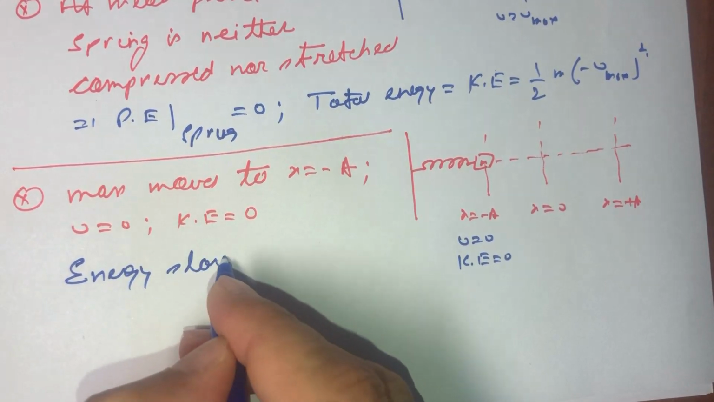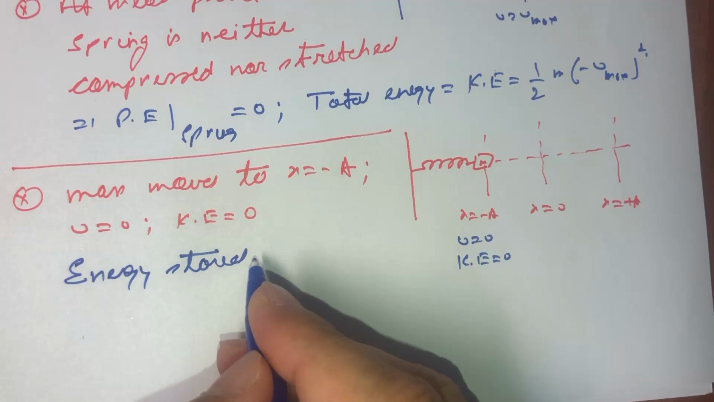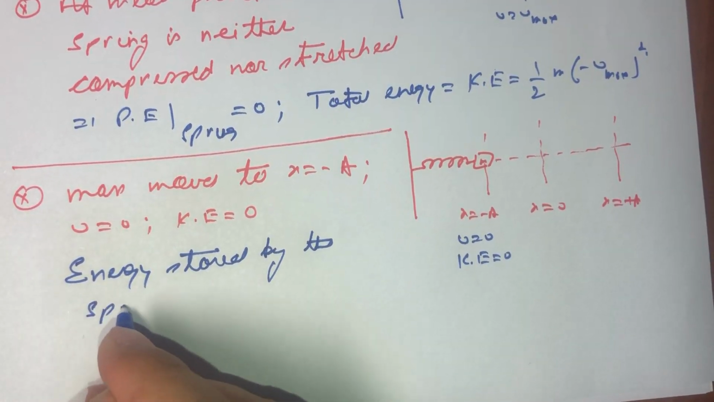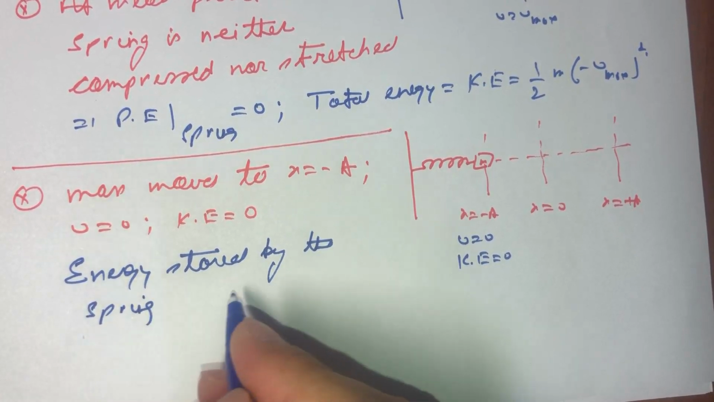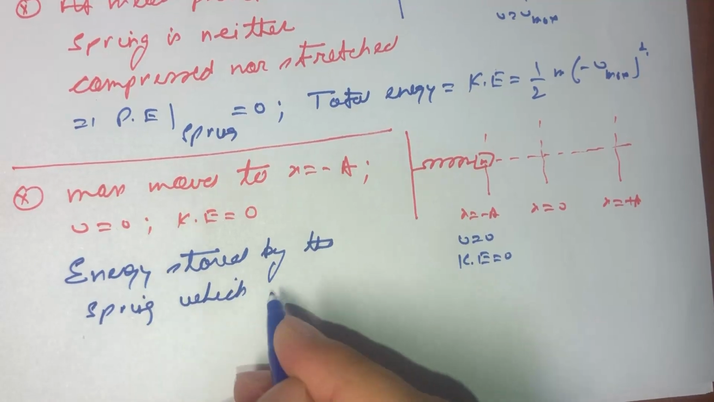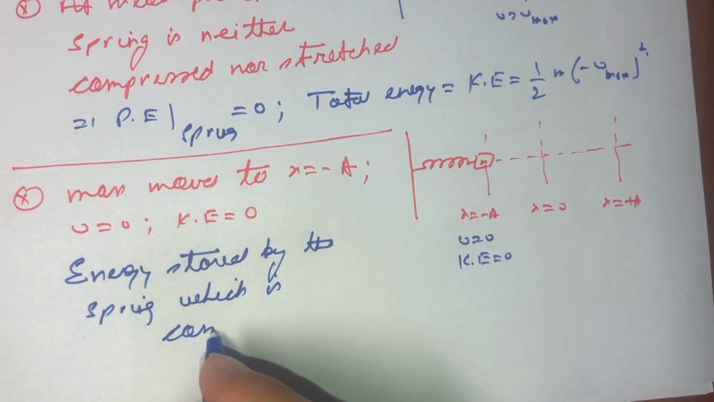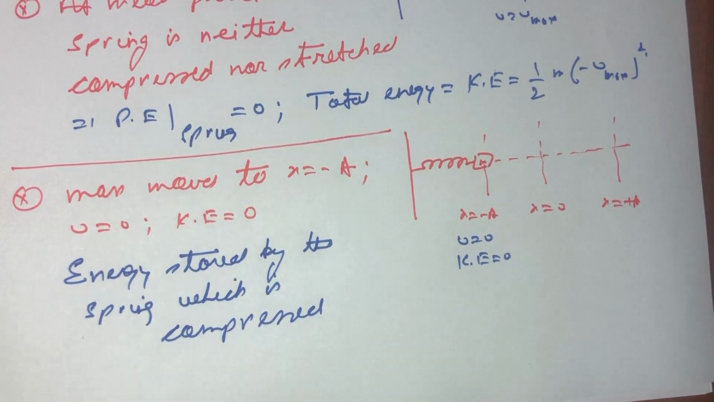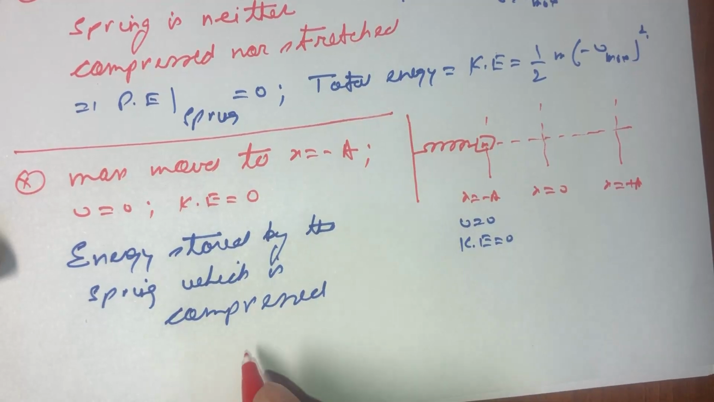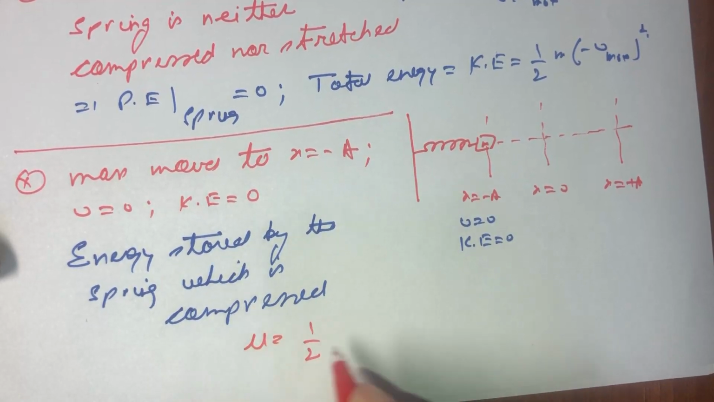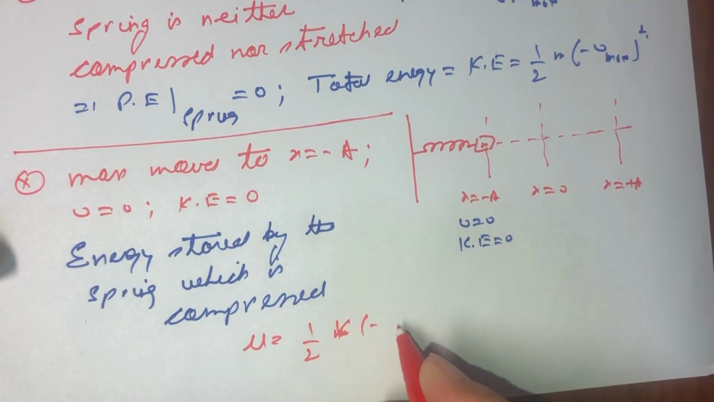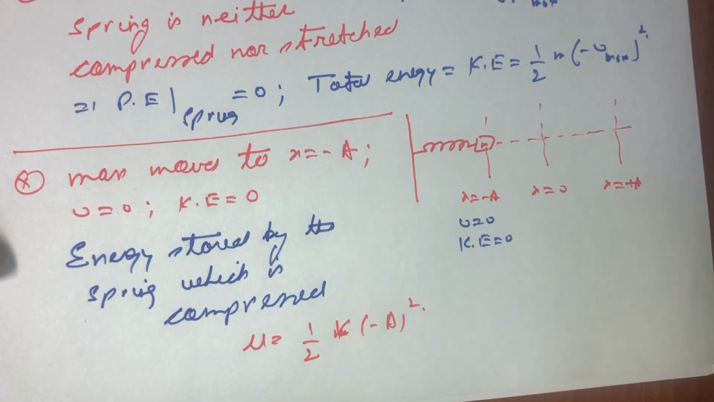energy stored by the spring which is compressed, and this energy will be given as U is equal to half k a whole square,